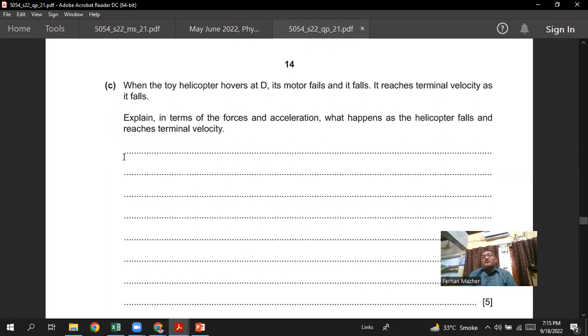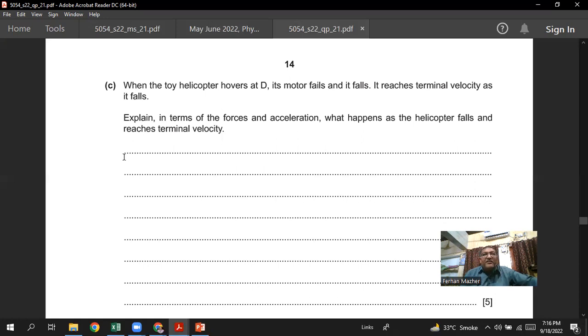So the acceleration produced in the helicopter in the downward direction will be equal to the g value, which is 10 meters per second squared. As the helicopter starts falling downward, its speed due to its acceleration will increase. As the speed increases, the air resistance acting on the helicopter will increase, and the air resistance will be acting opposite to the weight. So due to the increasing air resistance, gradually the resultant force will continue decreasing. Eventually,